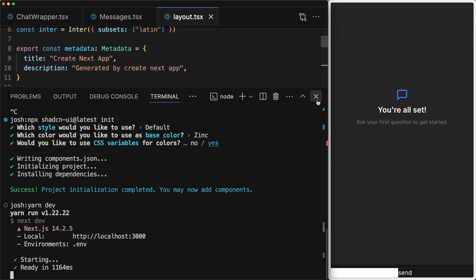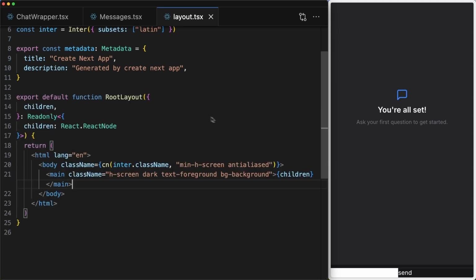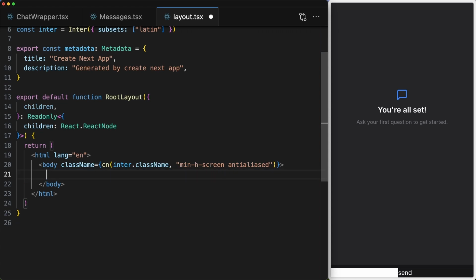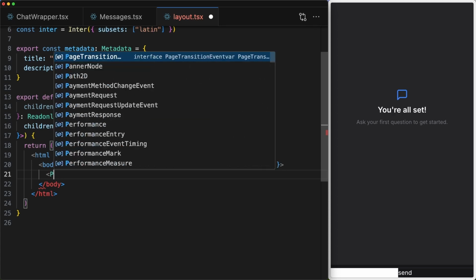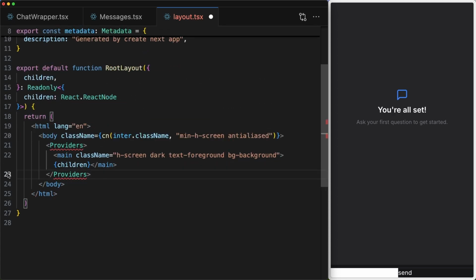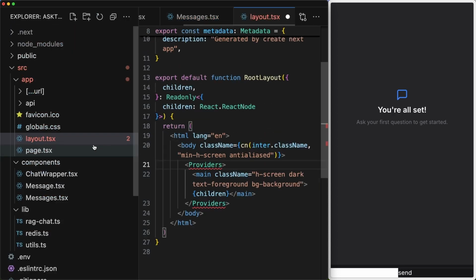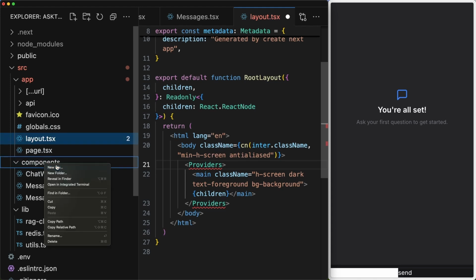So let's start back up our development server. And the last thing we want to do is to make the input look actually good, create sessions, and then also store messages in a database, right? So 3 steps. First thing is gonna be, let's cut out the main tag of our layout and wrap it in something called the providers. Now these providers are nothing else than a custom React component we didn't create yet, but we need to create one. Let's create them,